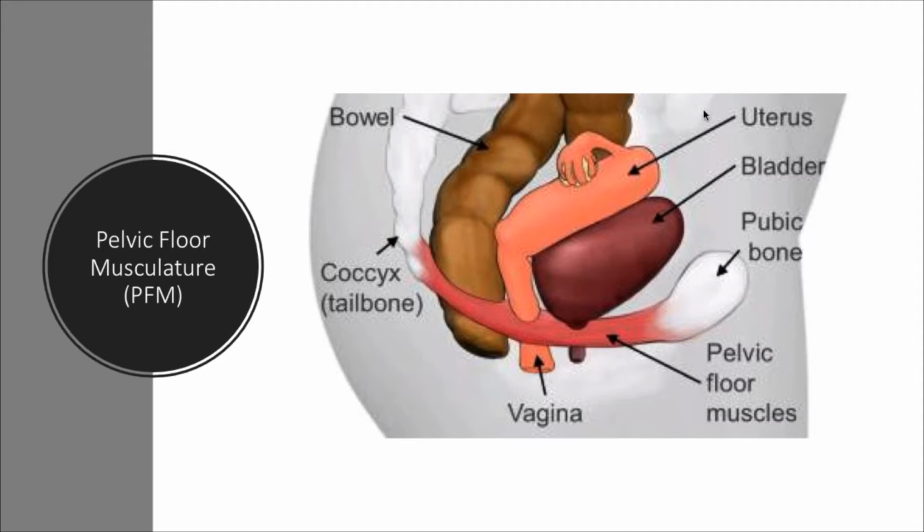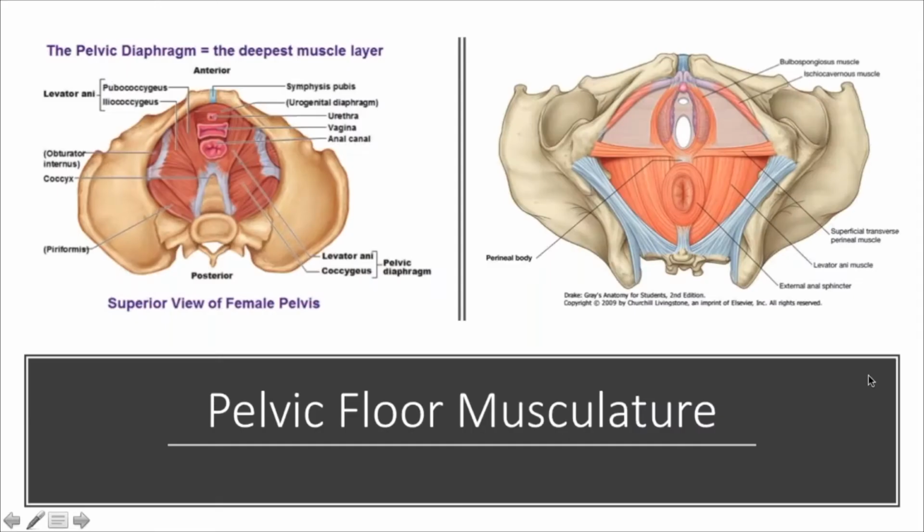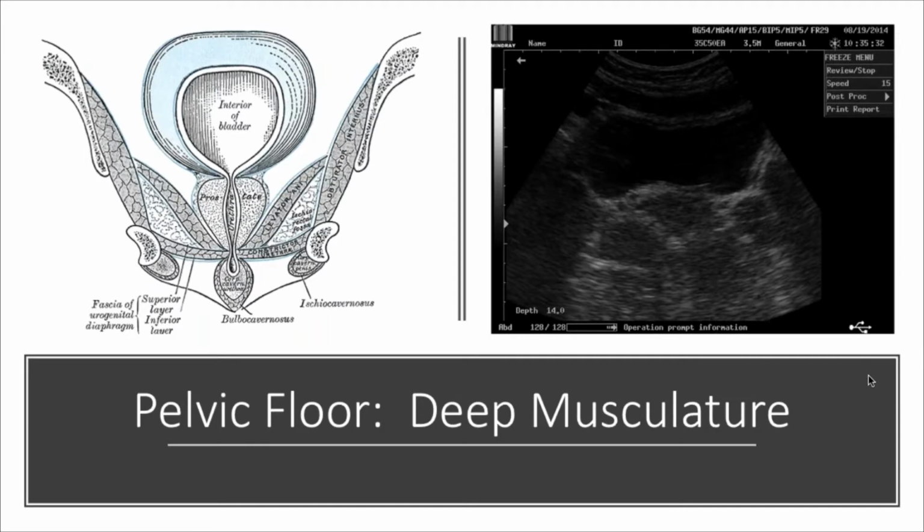The picture here is oriented for a female, obviously because there's a uterus, and you have a bladder, uterus, and rectum. This next picture gives a view, also female, from the deep inner portions of the pelvic floor, also referred to as the pelvic diaphragm. Some of the muscles involved here are levator ani and pubococcygeus, all primary pelvic floor muscles that are important for retaining both urine and stool, important for sexual function and respiration, as well as postural function.